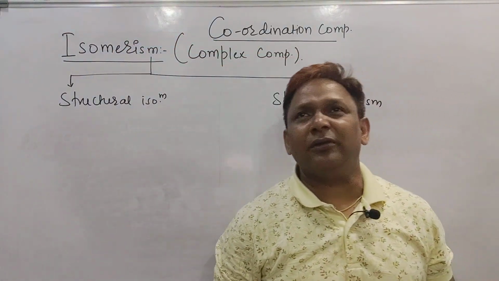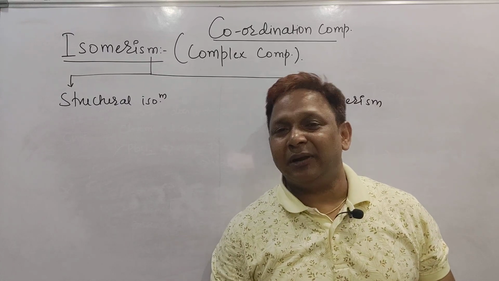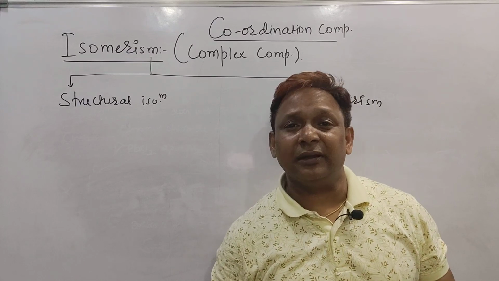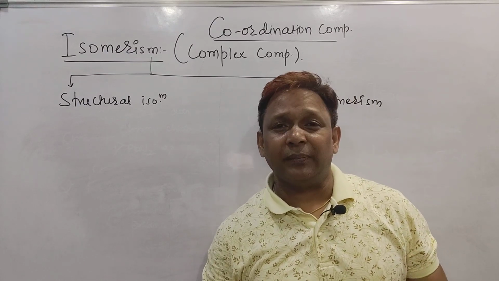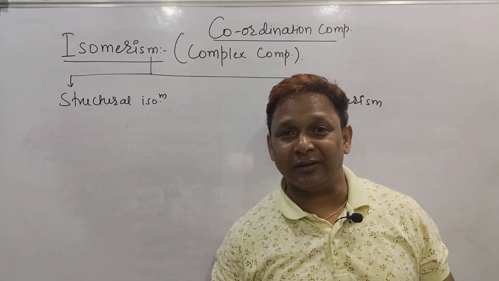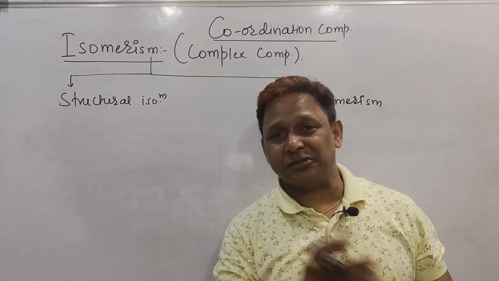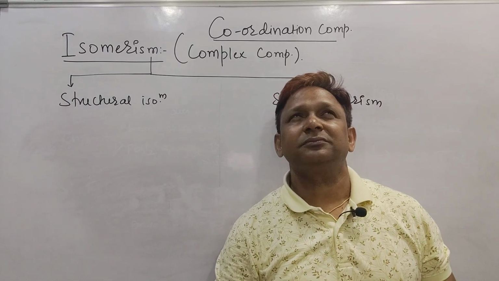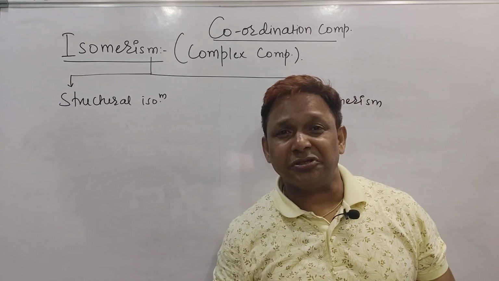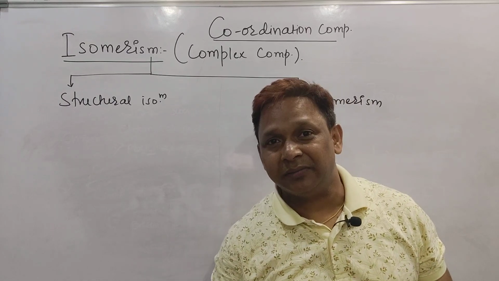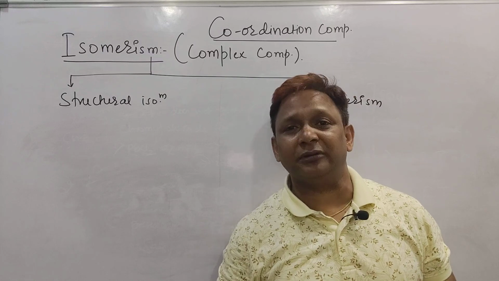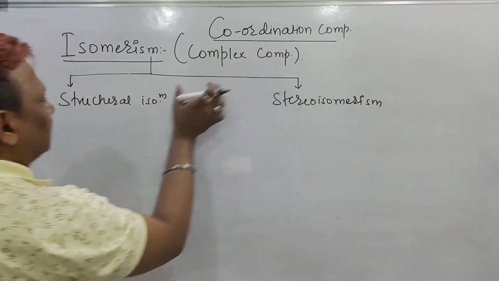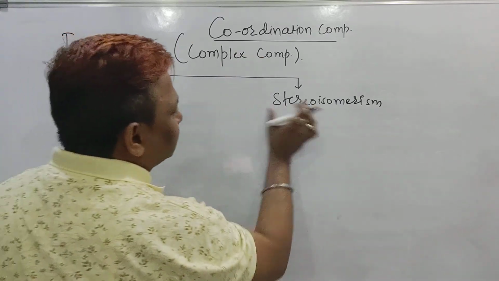It is also the same thing we used to learn in our organic chemistry, but this isomerism part is different from that organic part, because in organic chemistry we learn that isomerism will be of two types: conformational, configurational. First is the structural, then stereo, then again in stereo, configurational, conformational, and in structural we have chain, positional, functional, metamerism, ring chain isomers. It is there for IIT, not for NEET, right? But here it is not that way. So isomerism of complex compound can be divided into two parts: structural and stereo.